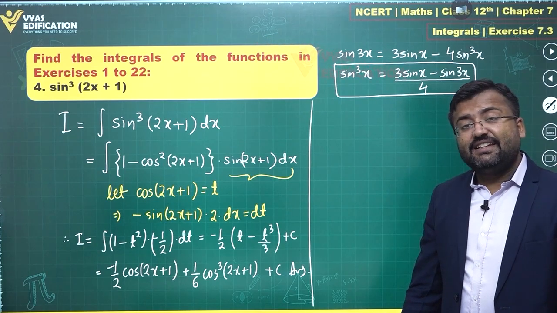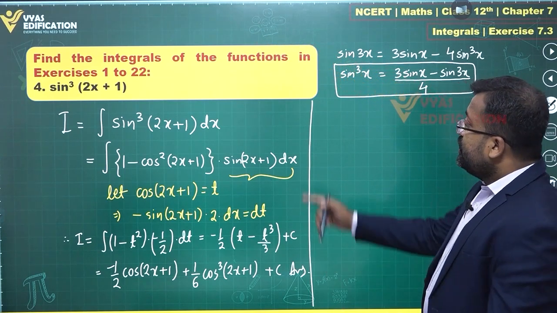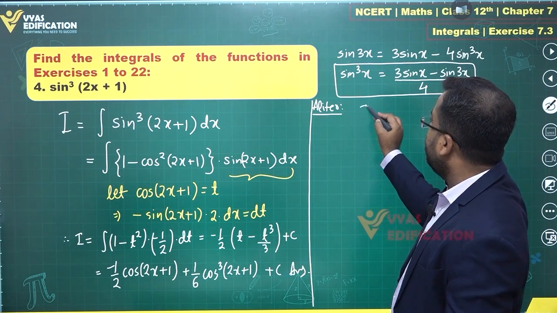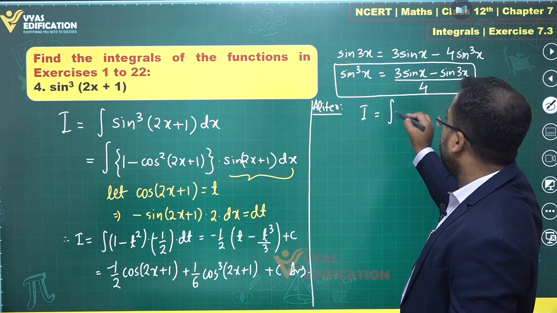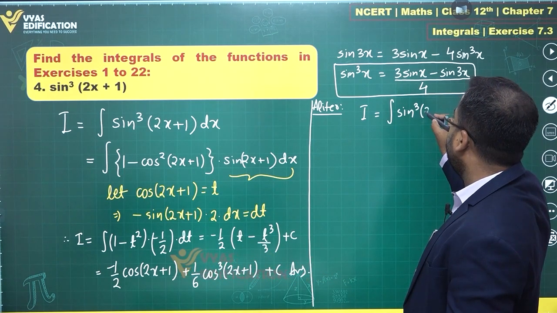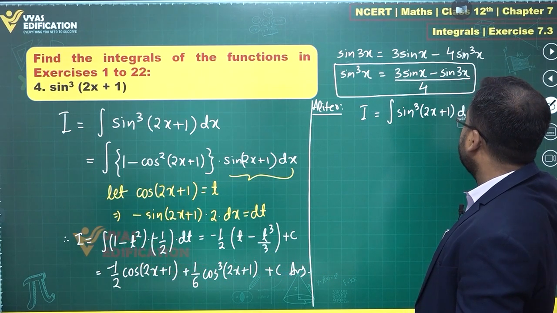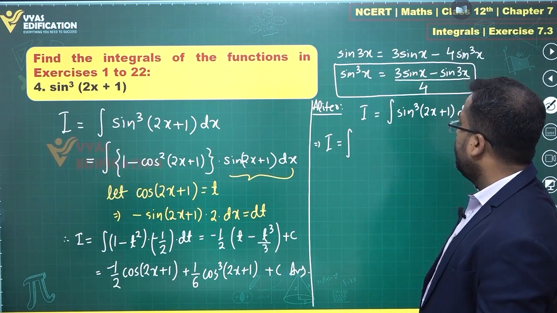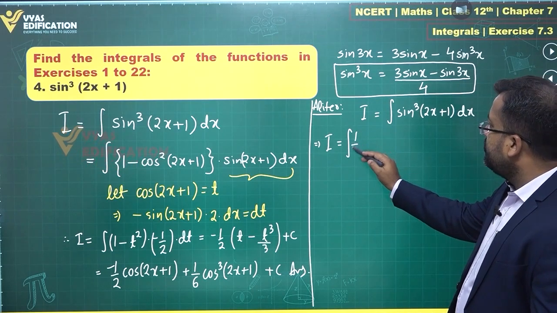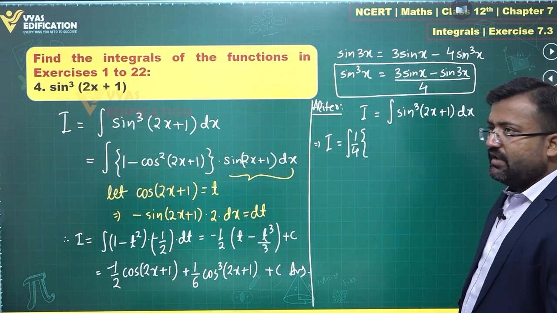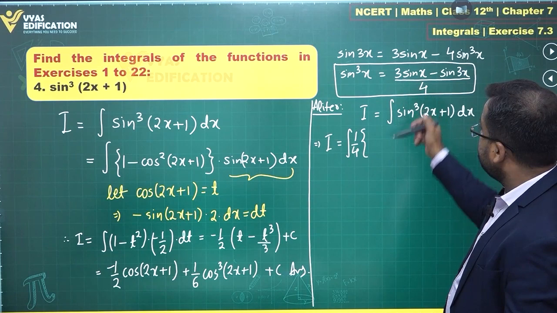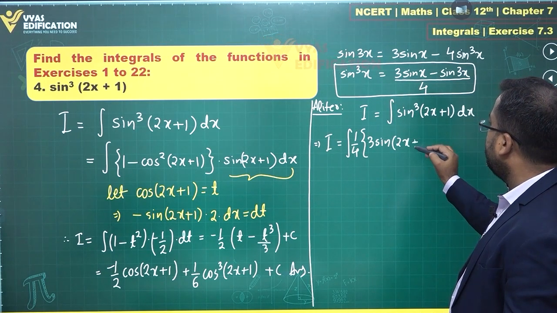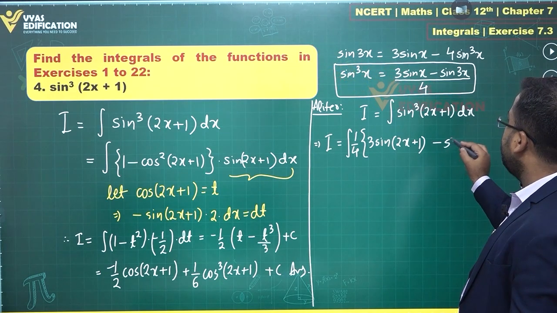Integration of sine x and sine 3x are simple. Yes. So an alternative approach of solving this integral could be I equals integral of sine cube of 2x plus 1 dx. This tells me that I will further convert it to the integral of, there will be a 1 by 4 outside. And in the bracket you will have 3 times sine x, which is 2x plus 1 over here,